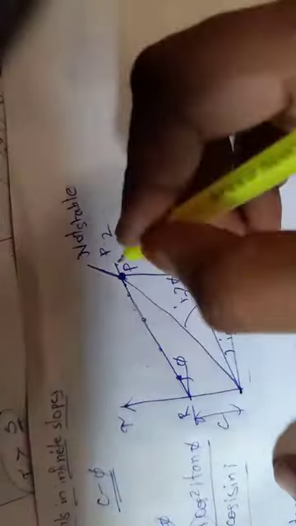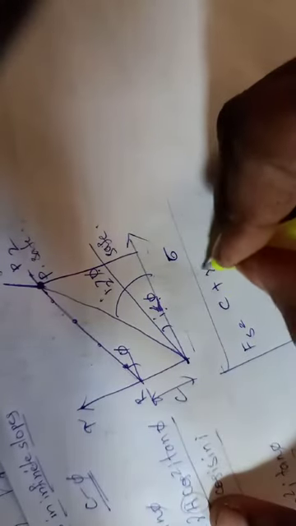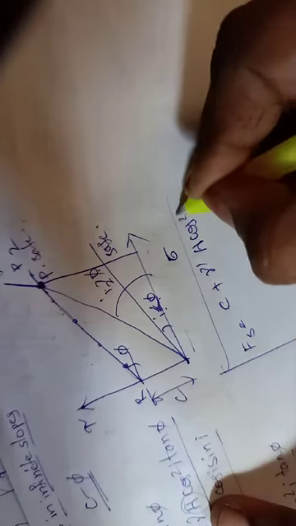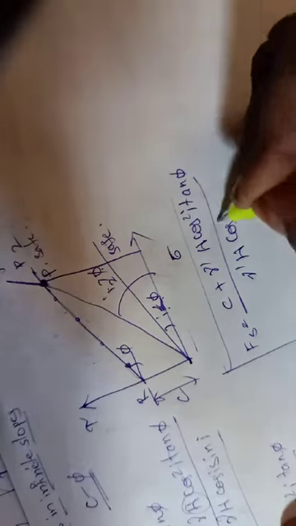Now let us consider the submerged condition. What will happen for the submerged condition? Nothing changes; the factor of safety for the submerged condition will be the same as for the dry condition. The only thing that changes is the unit weight. So C plus gamma dash h cos square i into tan phi divided by gamma dash h cos i into sin i. While in seepage condition, what happens? In seepage condition, we get gamma dash h cos square i into tan phi by gamma saturated into h cos i into sin i.